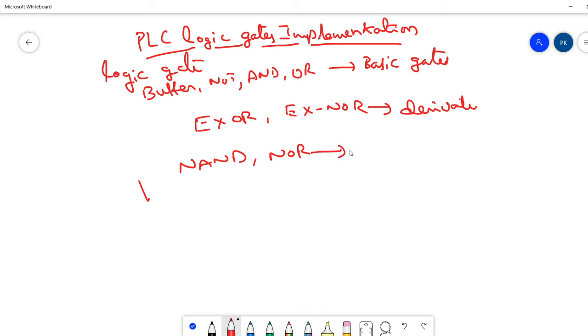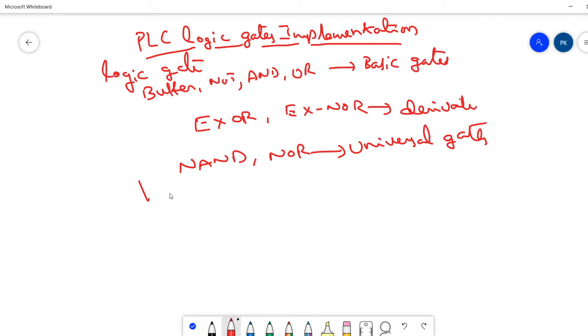These NAND and NOR gates are the universal gates. Nowadays we use NAND and NOR gates to implement any real-time devices because they consume low power. That's why they are called the universal gates. So let us see the basic gate operations.